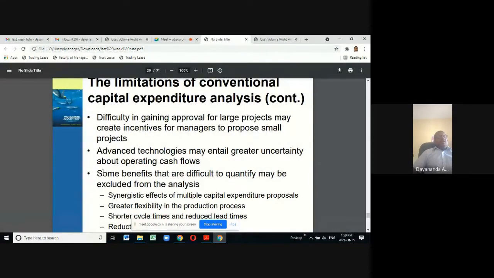Then there is difficulty in gaining approval for large projects. It is very difficult to get large projects approved, because certain projects are linked with society. Social issues are there, cultural issues are there. I can remember certain hotels in the Dabul area. Those projects were unable to get approval. It was very difficult. So likewise, certain projects are very difficult to get approved, because different stakeholders may have different views and different power.